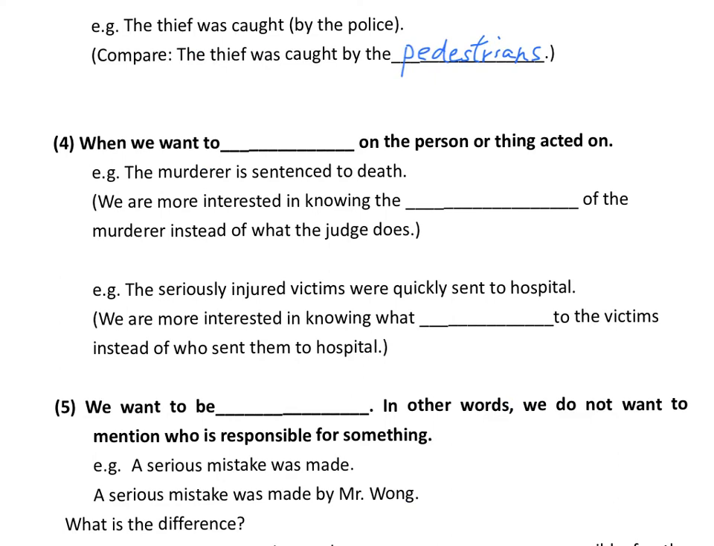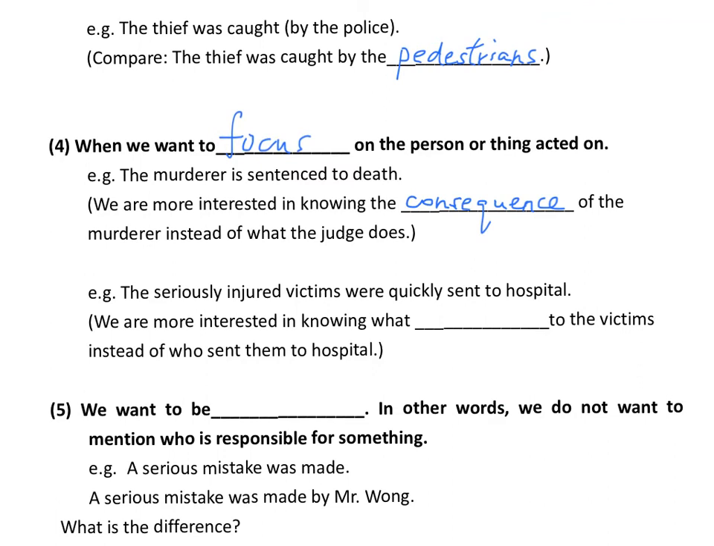第四個情形我哋會用 passive voice 咧，就係 we want to focus on the person or thing added on，就係專注喺擺句頭嘅嗰個人或者物㗎。譬如話 the murderer is sentenced to death，我哋專注呢就係個兇手被判死刑嘅。換句話講呢 we are more interested in knowing the consequence of the murderer instead of what the judge does。我哋緊張嘅係點樣判呢個兇手，並唔緊張呢嗰個法官係邊個啦。然後另外一個 example，the seriously injured victims were quickly sent to a hospital。We are more interested in knowing what happens to the victims